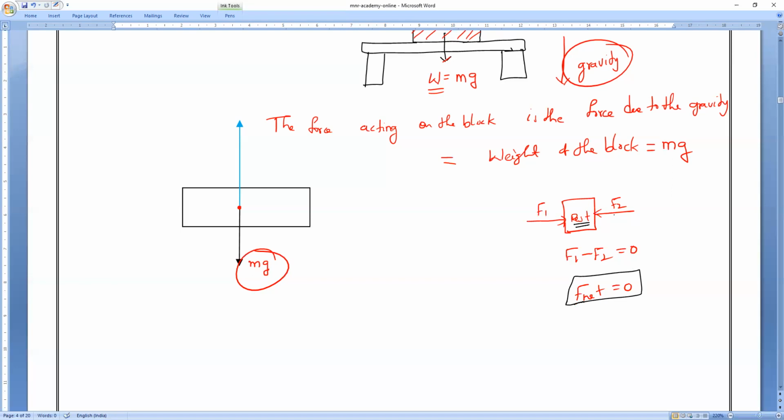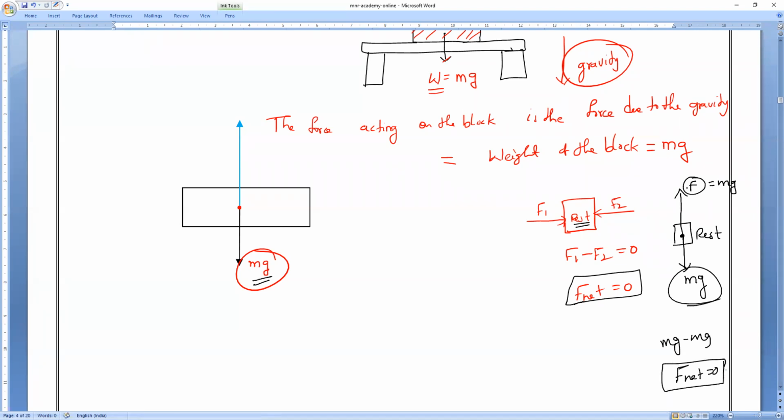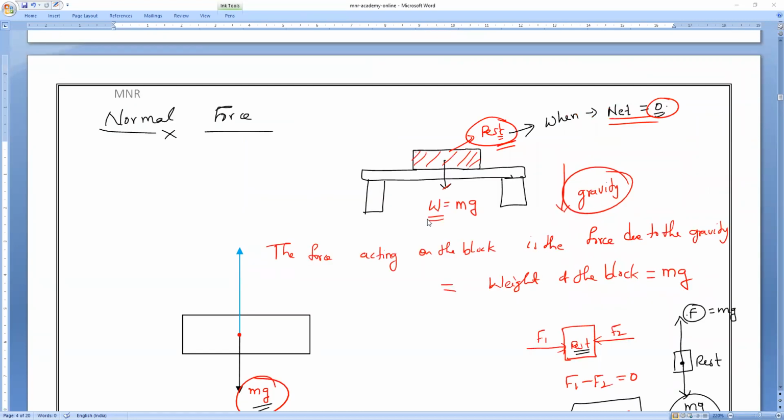Yes, sir. Now, instead of side to side, I am taking up and down. I know that there is a force acting in the downward direction, which is equal to mg. And if this body is said to be at rest, there is another force acting in the upward direction, and that must also be equal to mg. Then if I subtract, mg minus mg, what is the net resultant force? F net is equal to 0. Understand, Abhirami? Clear? Now, everybody understand? Yes, sir. Yes, Mari, ask me.